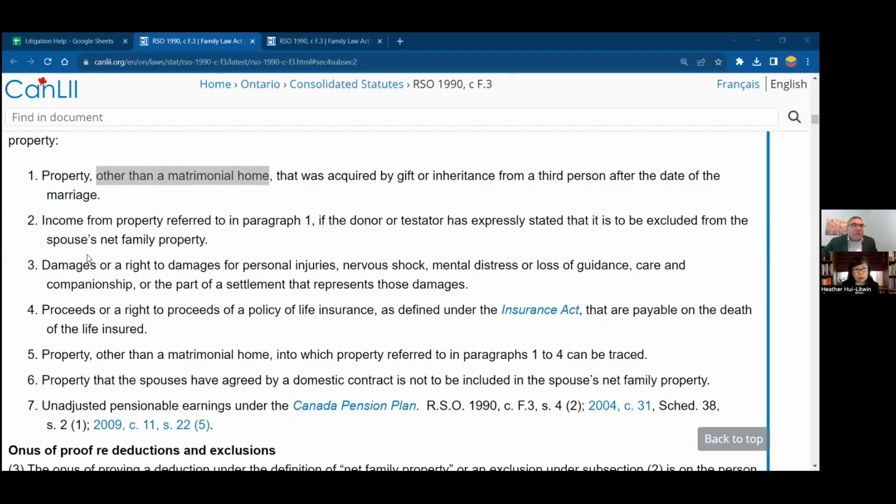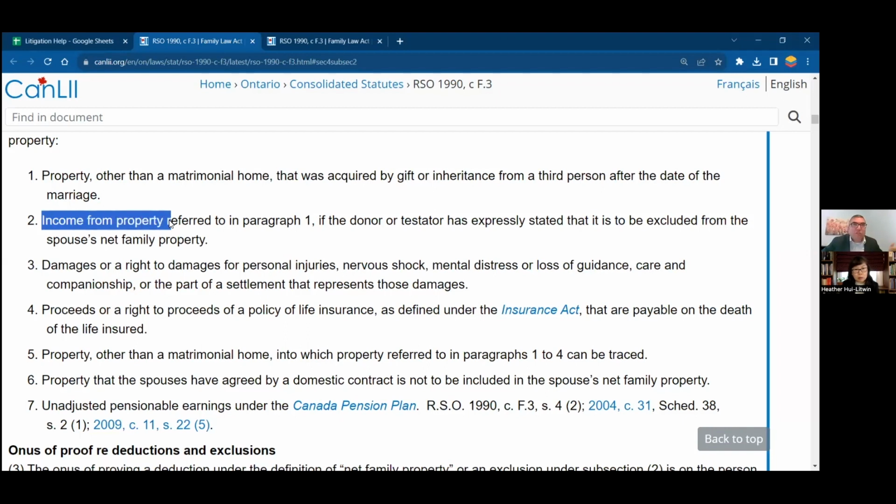Okay, let's just quickly go through the rest of them, because that one is the prototypical one that people usually find out about and care about. And then we're going to go through a couple of examples. So let's just go through the rest. This one is important, especially when there's cash. Income from property is referred to in paragraph 1. So you receive a gift or inheritance, it's money, and you want to also, and it grows by